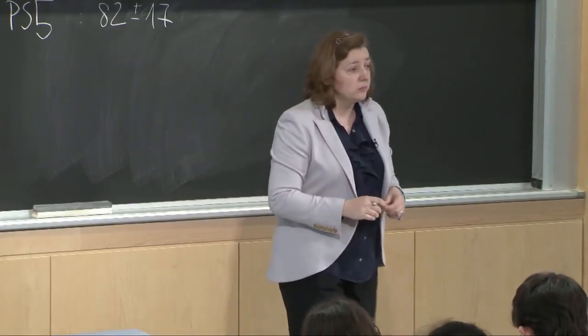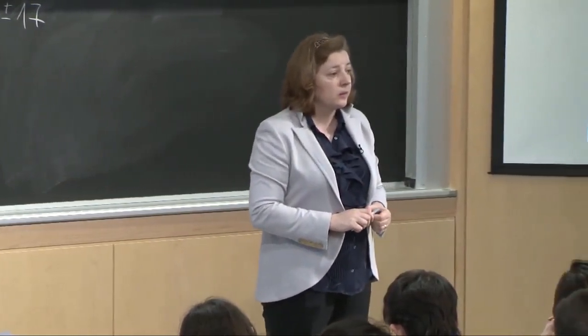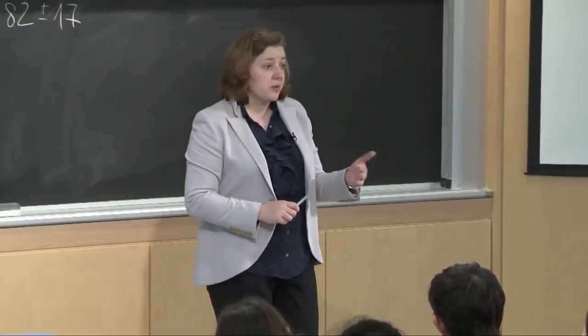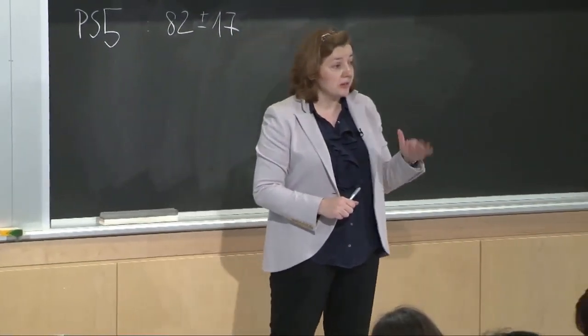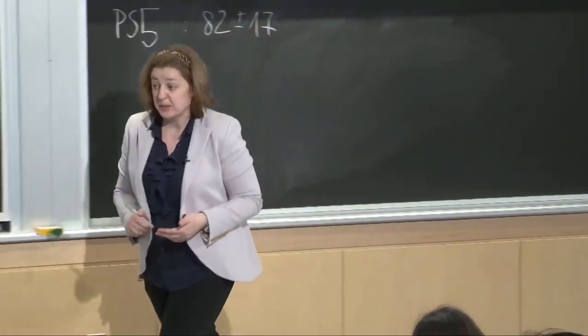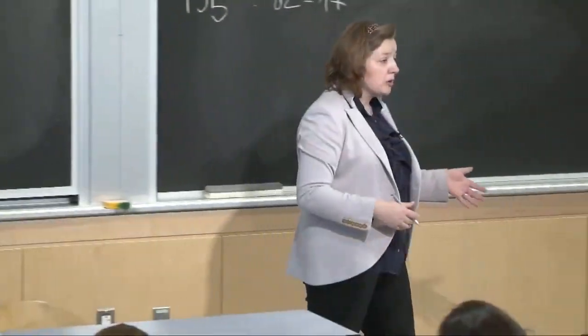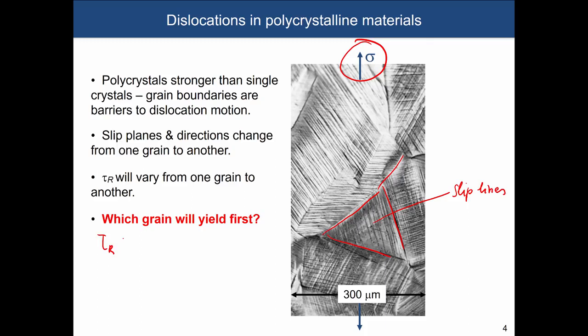Yes? The product of cosine lambda and cosine phi. Exactly. So the answer was wherever cosine lambda and cosine phi are maximized. Last time we learned about Schmid's law, which told us that the resolved shear stress in a particular slip system, which is a set of planes in the material, is equal to the applied stress times cosine lambda times cosine phi. I won't go back into the definition of these angles, but they define the angle between the normal of the plane and the direction of the stress, as well as the direction of the resolved force and the stress direction. And this τR will be maximum